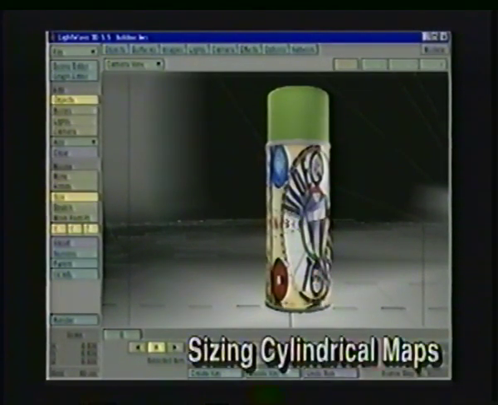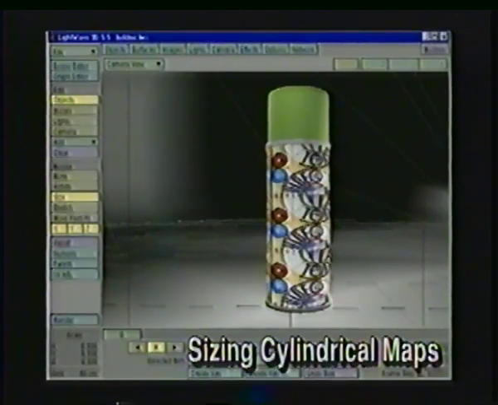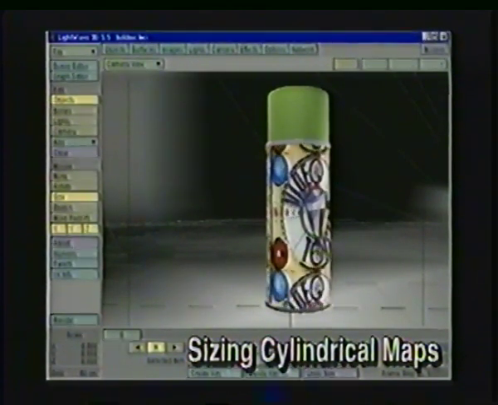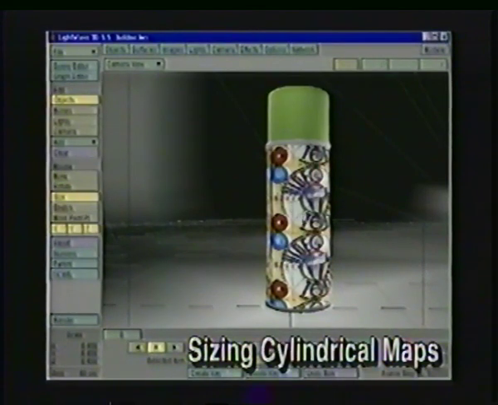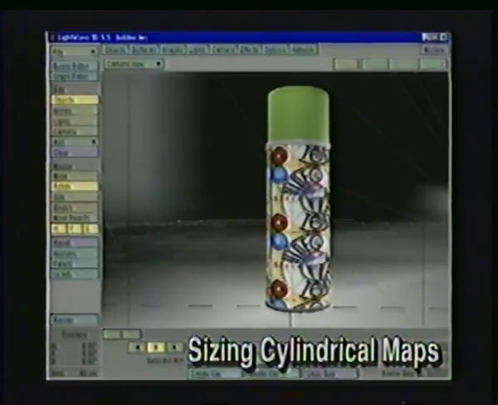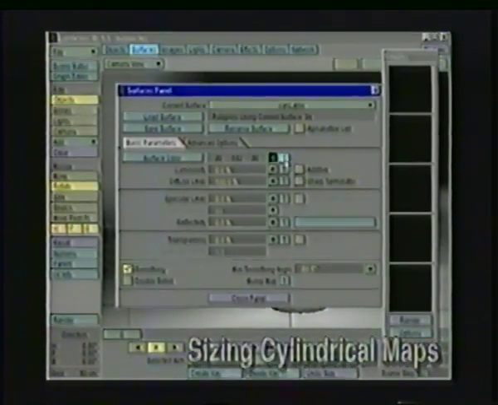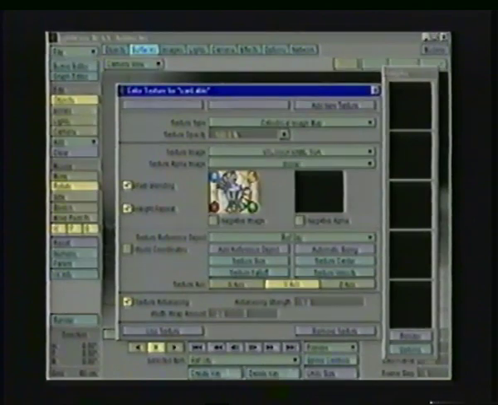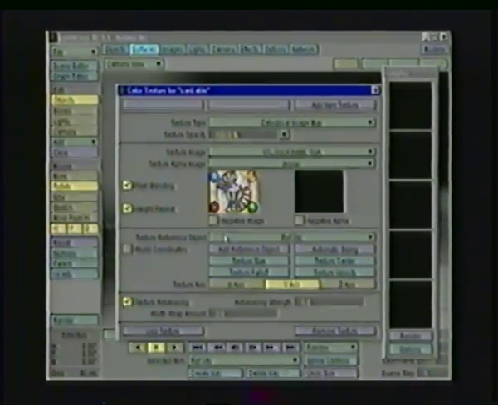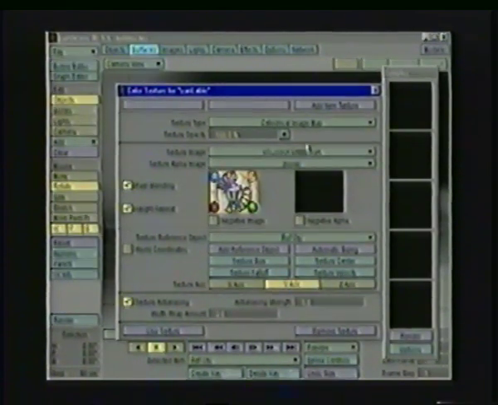If we want to size that image, we can do that. And size with cylindrical image map is only going to work on one axis. In this case, it's working on the y-axis because the width wrap amount is set in the panel, numerically here. All the other parameters on this panel are exactly like the ones we saw on the planar image mapping. We've got pixel blending, height repeat. Again, we don't need a width repeat amount because that's set up down here numerically. We've got the texture size and falloff, texture center and velocity, all just like we had with planar image